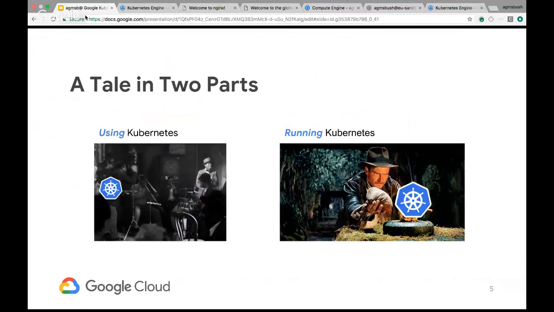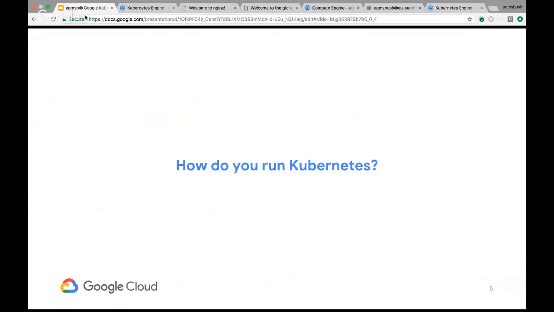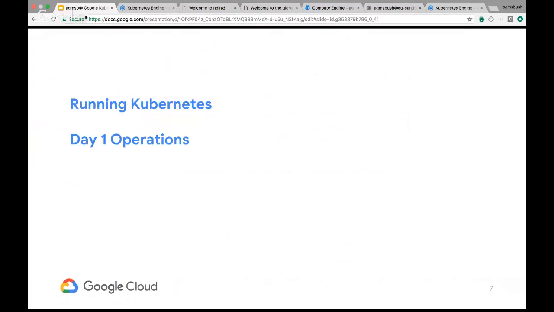But on the other side of the coin, I think the second tale that we really have to think about is how do we run Kubernetes, right? And so what do I mean by how do we run Kubernetes? Let's start with day one operations, right? We actually have to bootstrap the cluster. We have to think about getting all the appropriate control plane components installed and running, and I'll talk about that in a little bit.